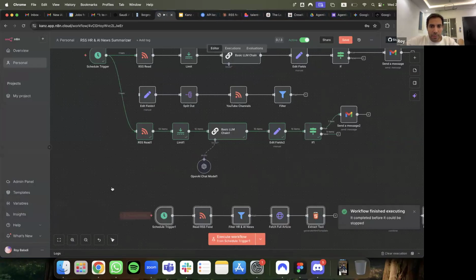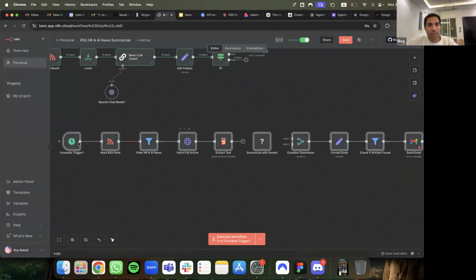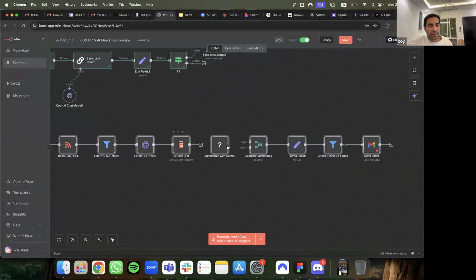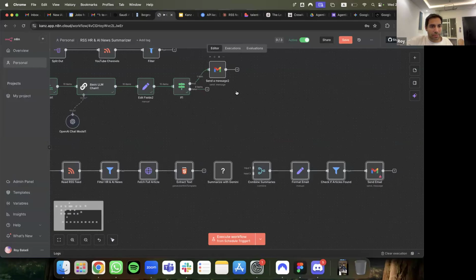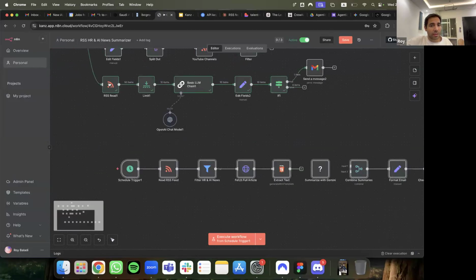Hit paste. Boom. What is this? It created the workflow for you, but notice that it didn't summarize it with Gemini. It didn't get that part. It didn't combine the summaries. And then there's the send email like we have here. It does have the read RSS feed.